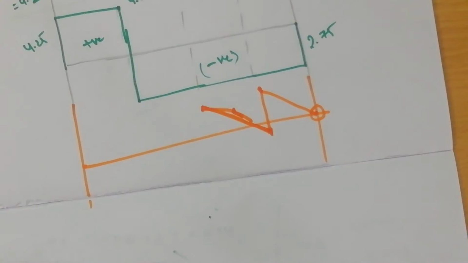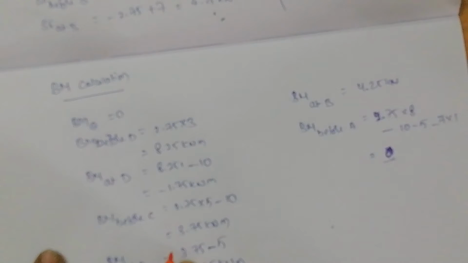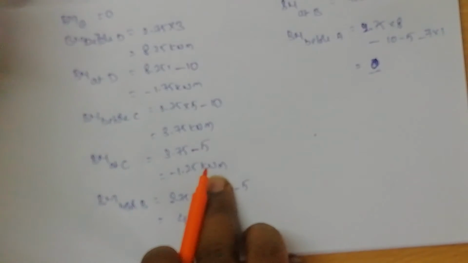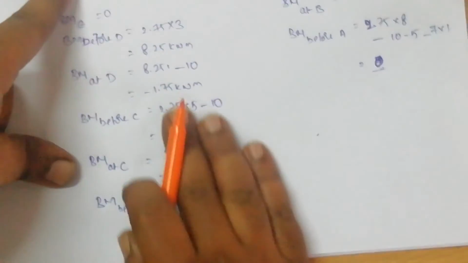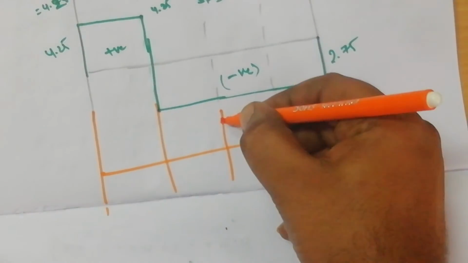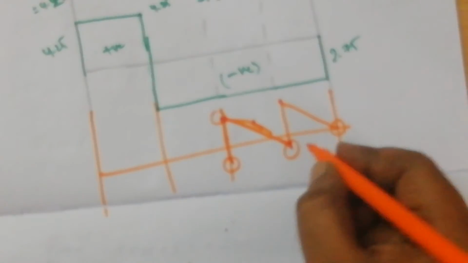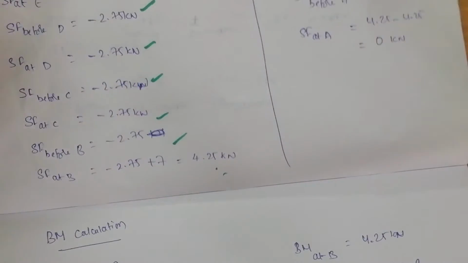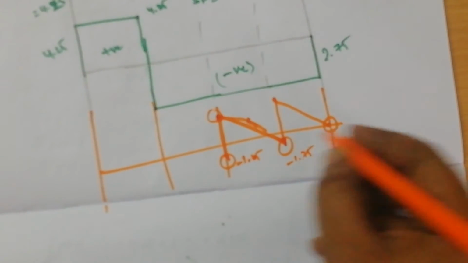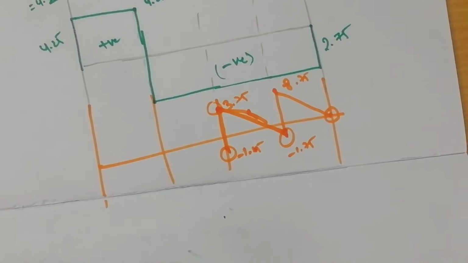Clear? Now after this we will go to this point. Exactly at point C also, again we have 3.75 minus 5, that is minus 1.25, so again we have to come down. From here we will go straight down to minus 1.25. This is minus 1.75. I have taken a small scale, because of that I am not able to show it clearly, but the shape will be the same.